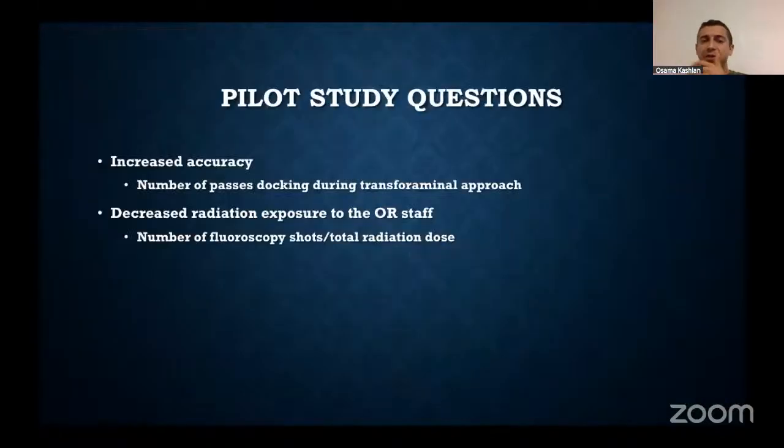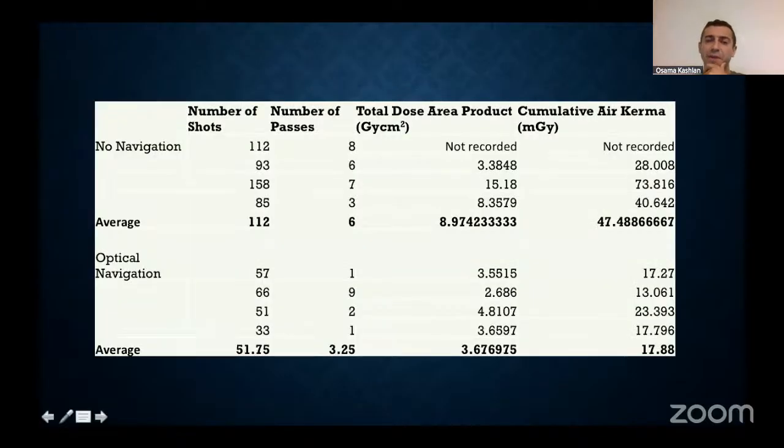So we did a little pilot study to show, is it more accurate, is it decreased exposure? For a small number of patients, if you look at the number of passes, that's the most important thing. Before navigation, it's 6 passes. So it's 6 times to get to that perfect spot that I showed you earlier. With navigation, it's 3. But if you look through the data, it's all because of one patient that had some trouble finding the spot. If you exclude that patient, with 1 or 2 passes, you're at the perfect spot, and you have a lot fewer shots. So I think that's something that's going to be very useful in the future.